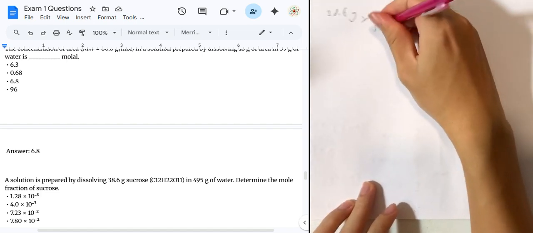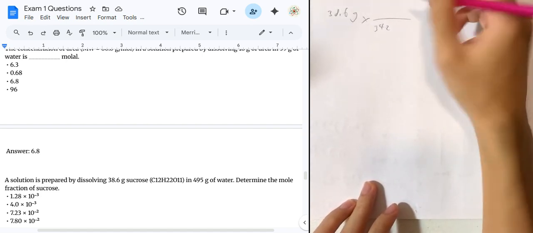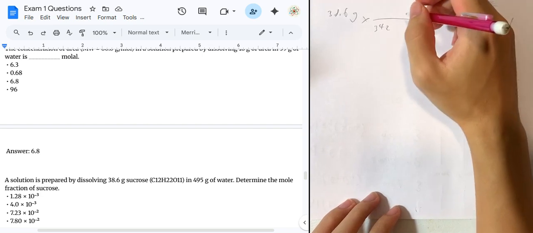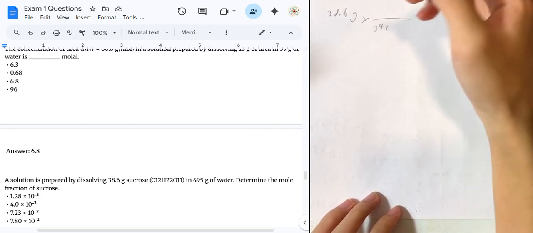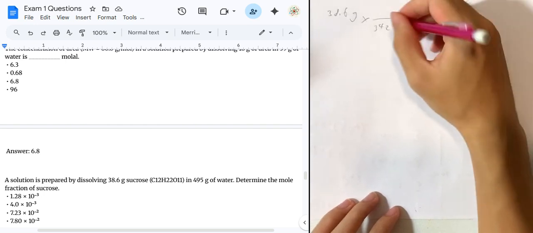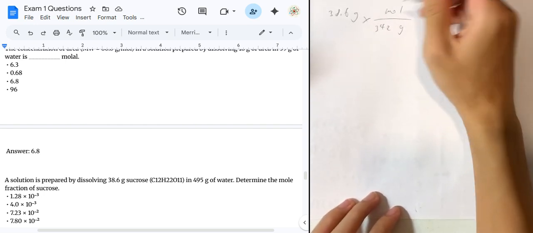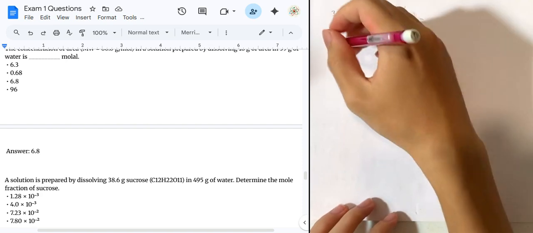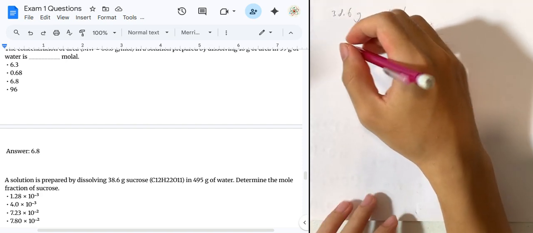The molar mass of sucrose is 342. Calculate that, and then you do the same thing for water,